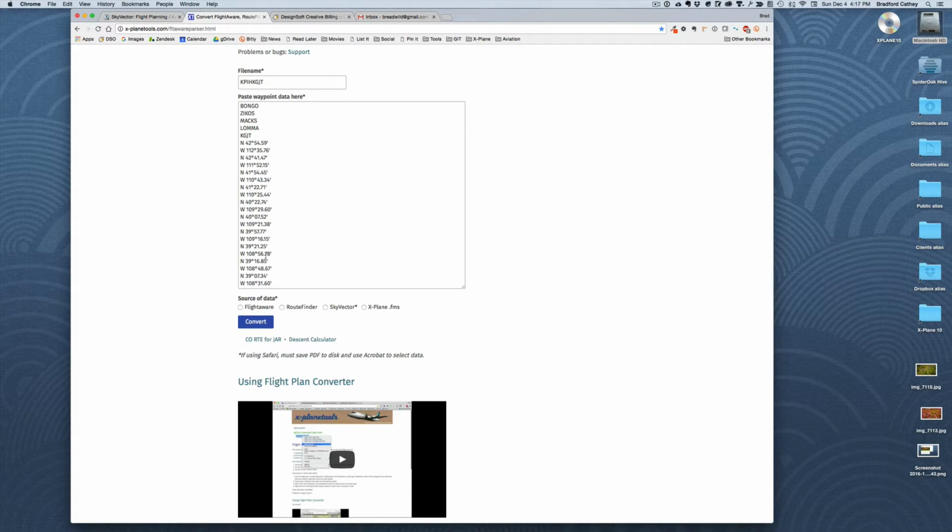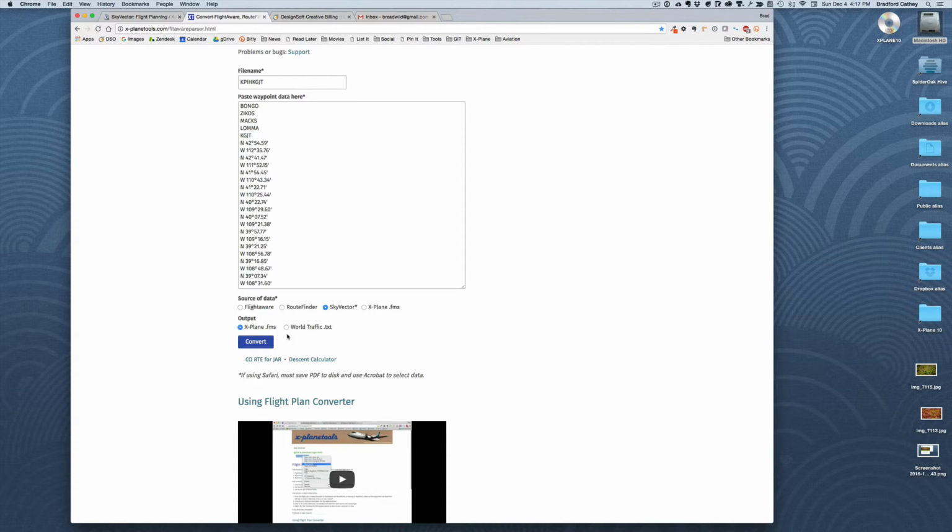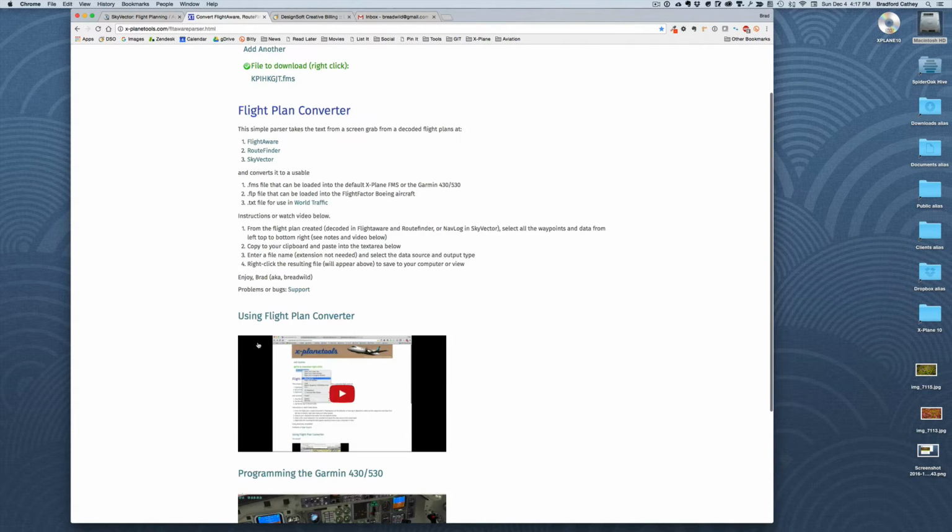And we'll paste in our route, and we'll select SkyVector X-Plane FMS, convert that,